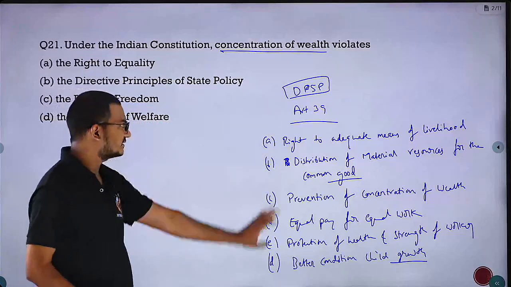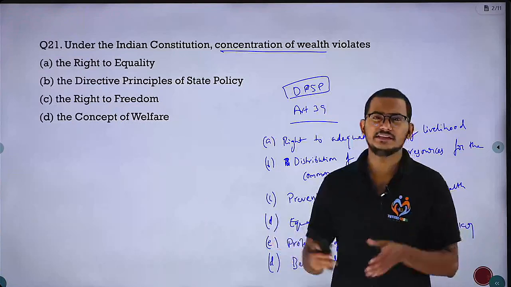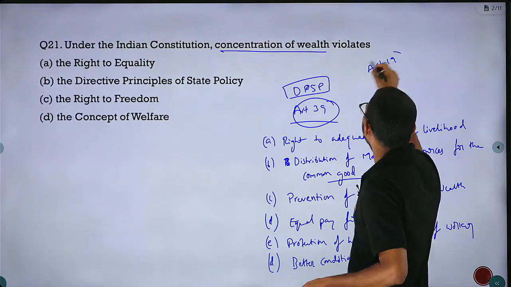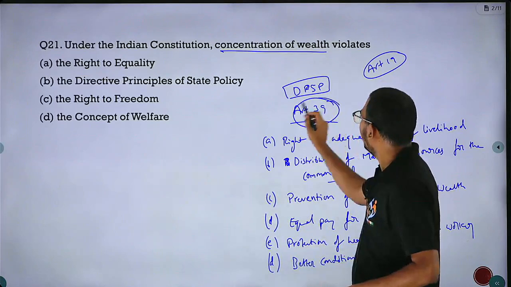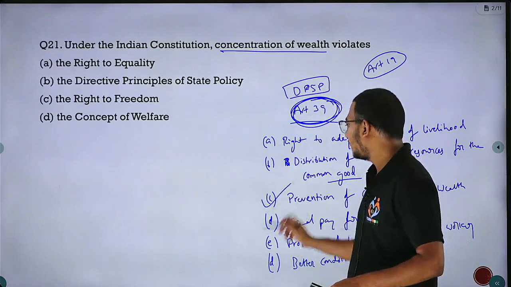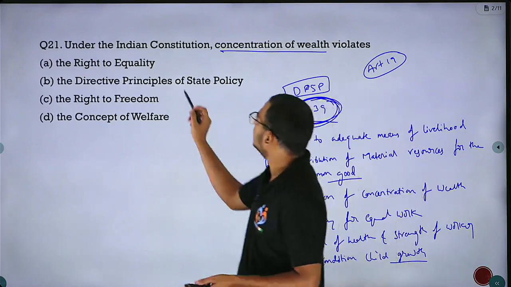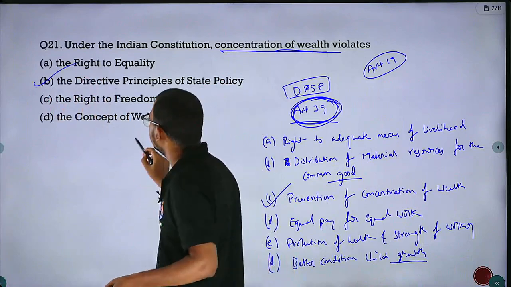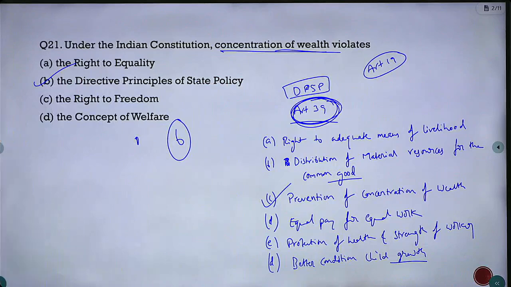So these are the 6 things in Article 39, and this is the lengthiest article of the DPSPs. Just like Article 19 is the largest article of fundamental rights, Article 39 is the largest article of DPSPs. Under that, the third clause, clause C, says prevention of concentration of wealth. So your answer is directive principles of state policies, option B. The next question is,